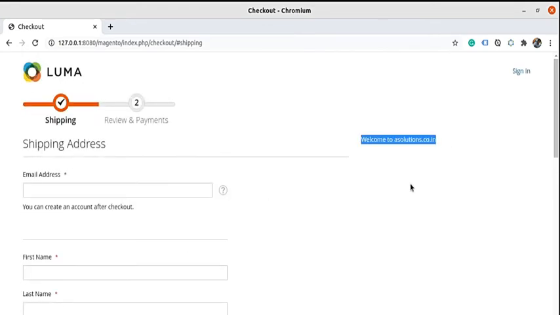Here, we can see our custom message is displayed above the sidebar component. You can display any content here, like custom block or widget or sliders, which consist of different offers.